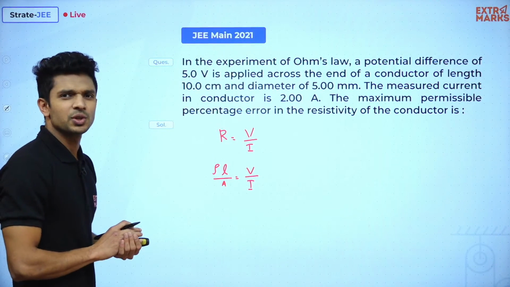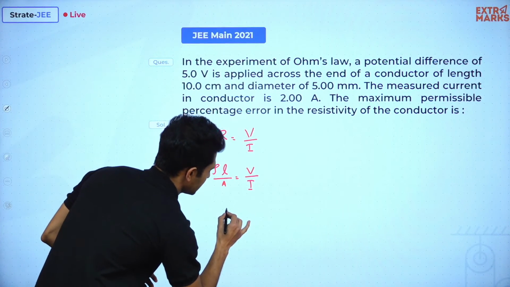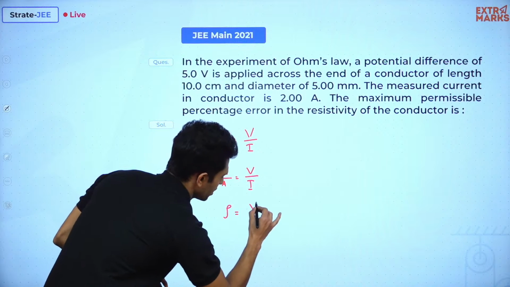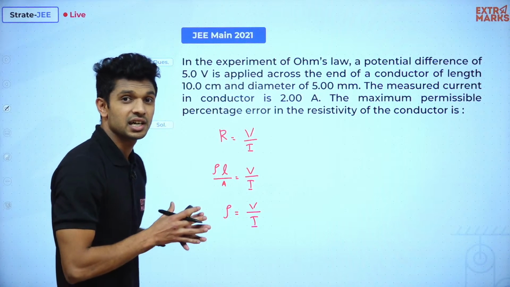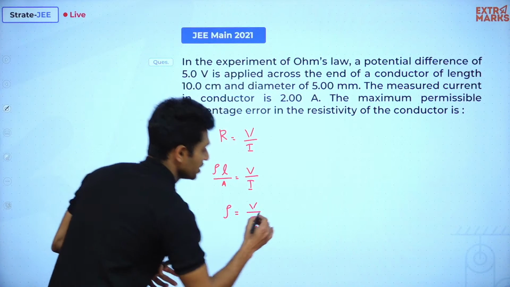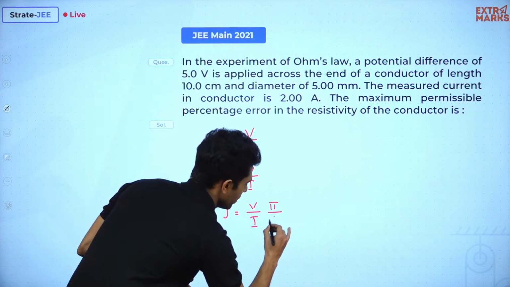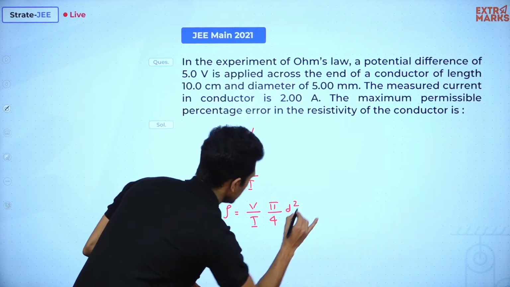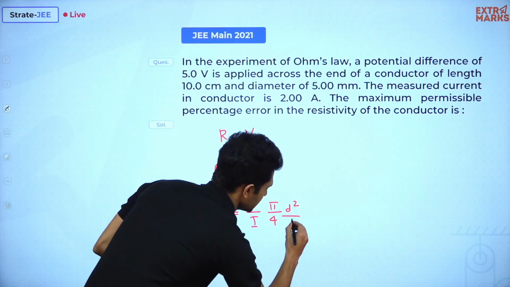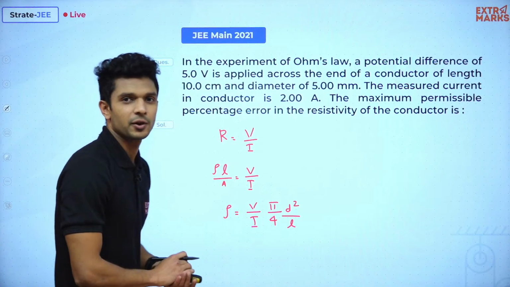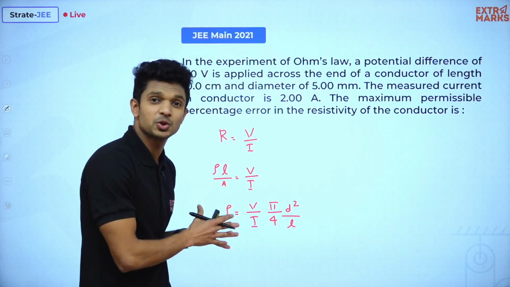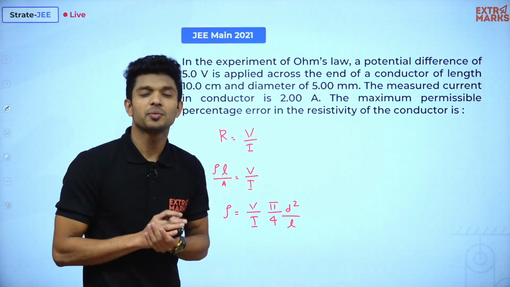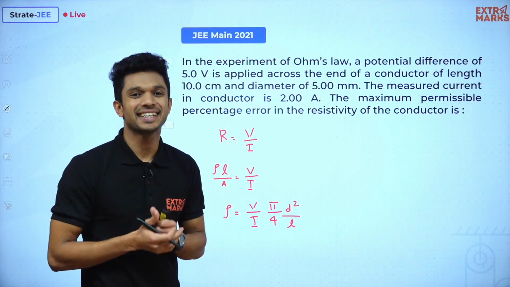So we just need to rearrange and do the calculation. That's it. So rho is equal to V divided by I. Tell me what is the value of area with respect to diameter? That is pi by 4 d square, right? So वो हो गया pi by 4 d square divided by L. ठीक है, बढ़िया. हो गया. Okay. From this particular chapter of current electricity, whatever we are supposed to write, that is done. Now it's all from units and dimensions chapter and error analysis.